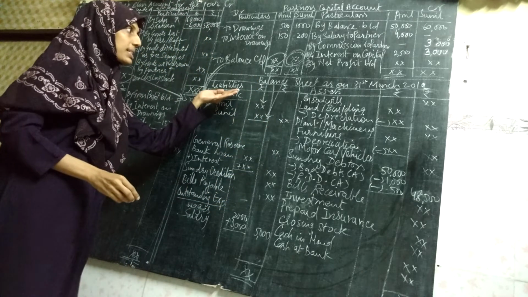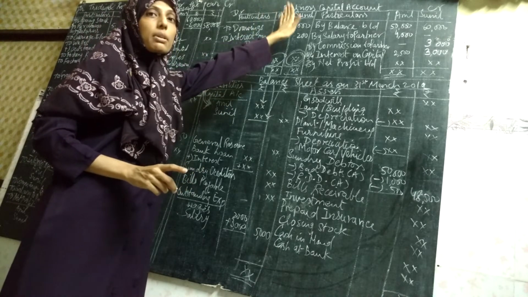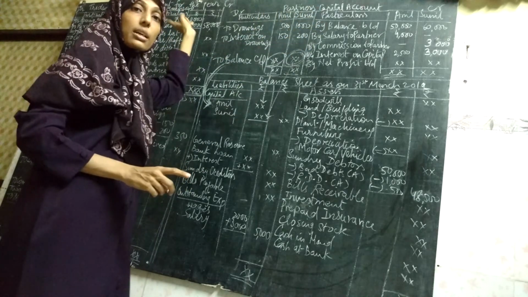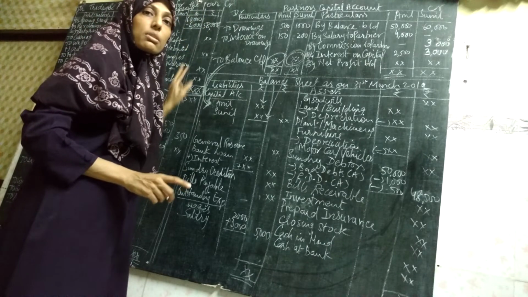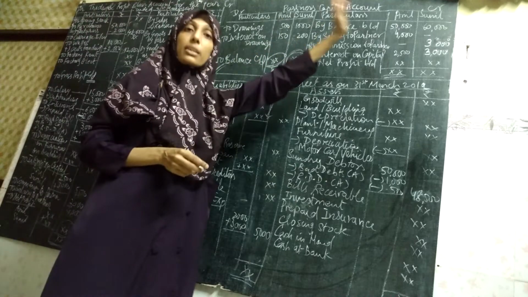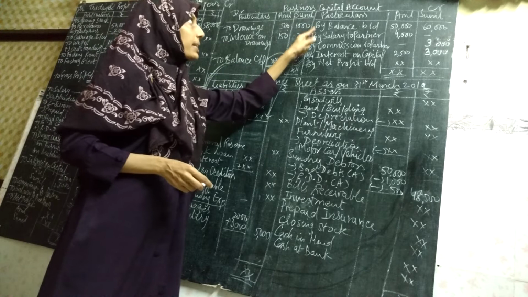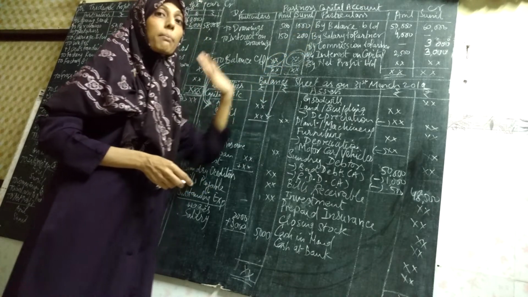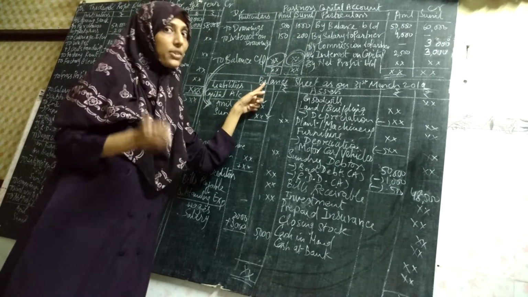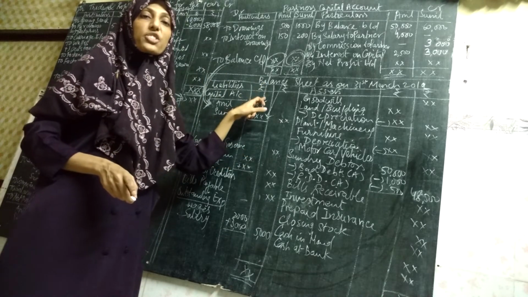Then, since I have started the balance sheet, one thing you have to remember: the partner capital account, trading account, and partner profit and loss account, these three are accounts. So they have a debit side and a credit side. On the debit side you start with 'To' and on the credit side you write 'By'. But the balance sheet is not an account, the balance sheet is a statement. Remember, the balance sheet is not an account.